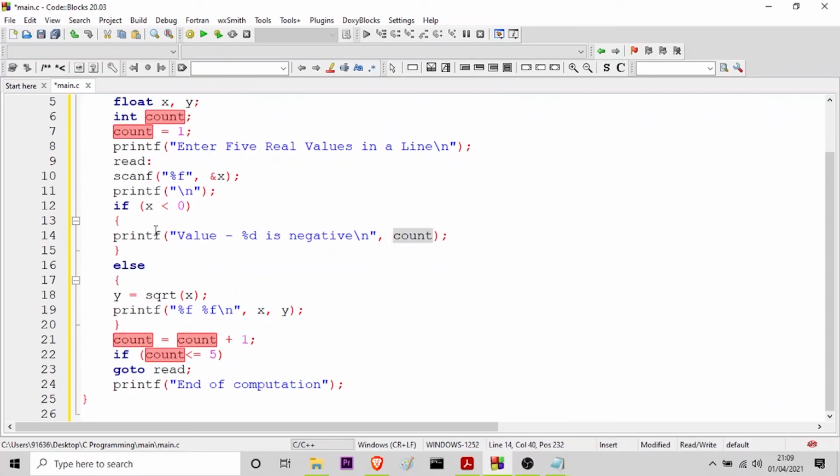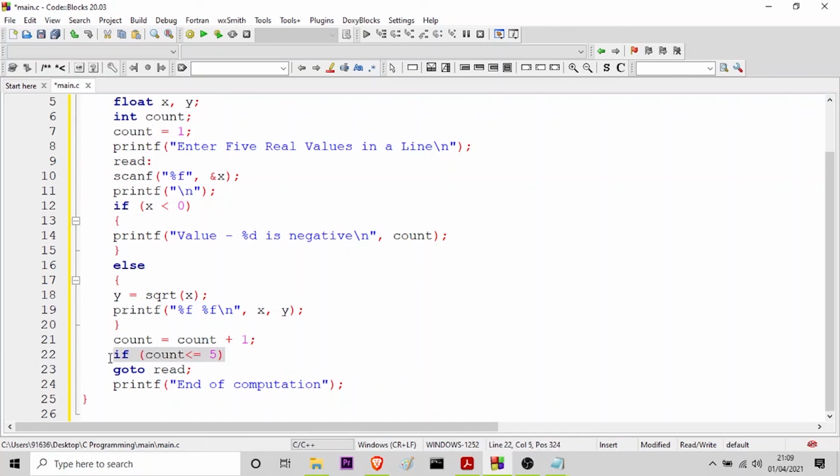Then if the value of x is more than 0, it will go to this else block and it will calculate the square root, and here it will print the value of x and also the value of y, which is the square root, and then it will increment the value of count by 1. So this will only be possible if the else block is true, then only it will increment the value of count by 1.